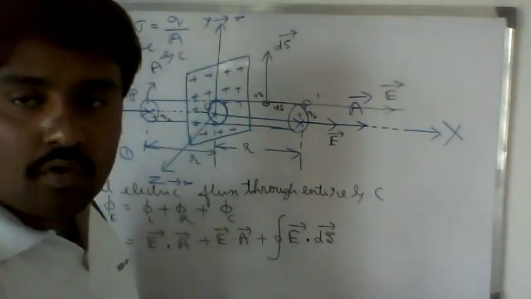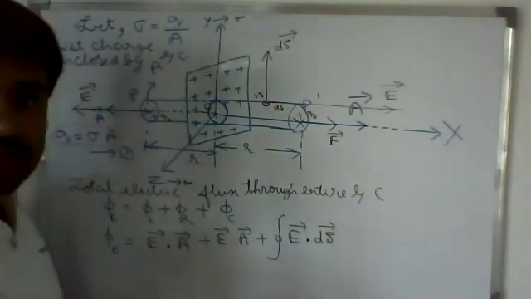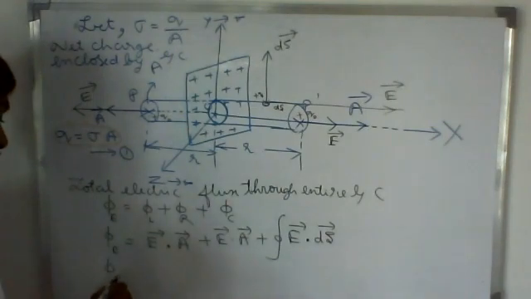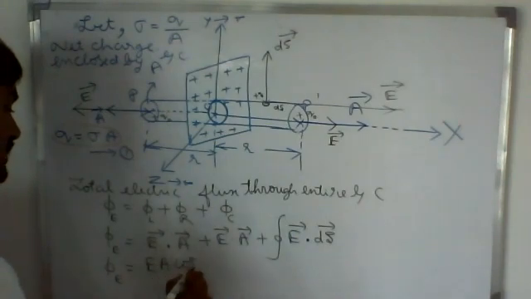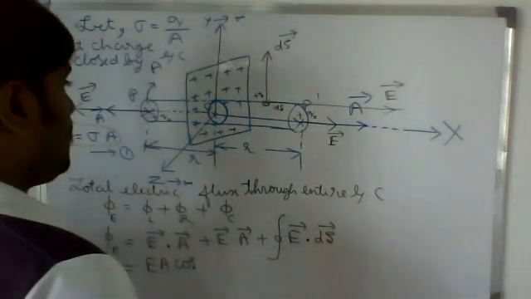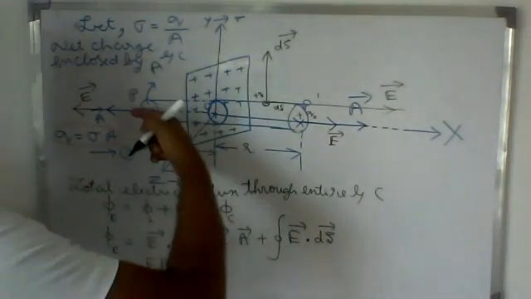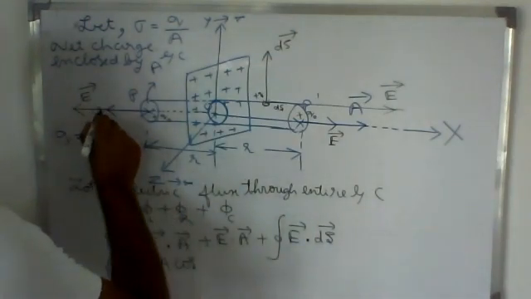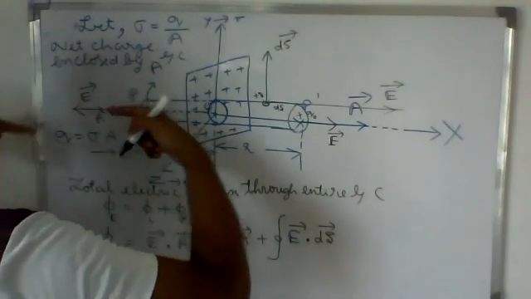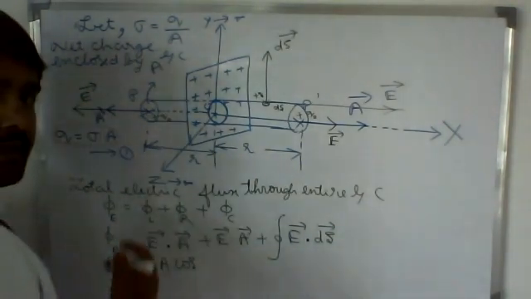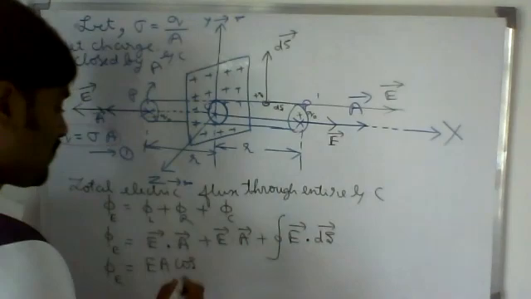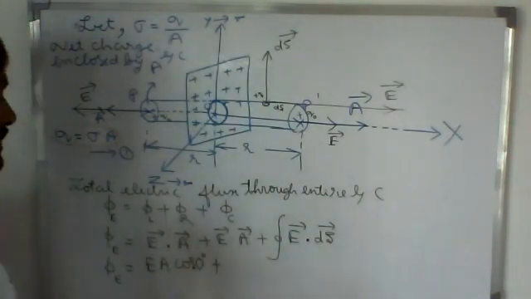What is the meaning of the dot product of two vectors? That is given by the product of the magnitudes of the two vectors and the cosine of the angle between them. So phi E is equal to E A cos theta, where theta is the angle between E vector and A vector. On the left surface, E vector and A vector are both moving in the same direction. So what is the angle between them? That is 0. So E A cos 0, plus